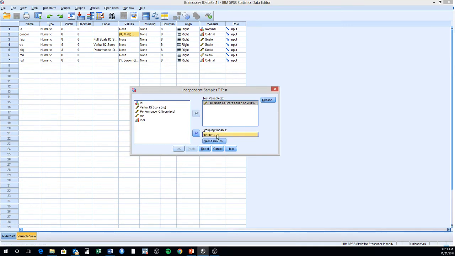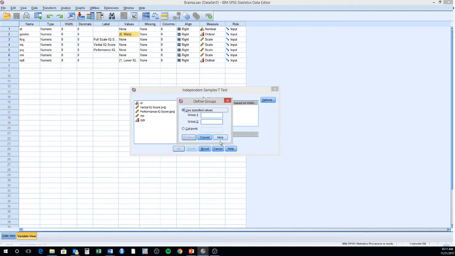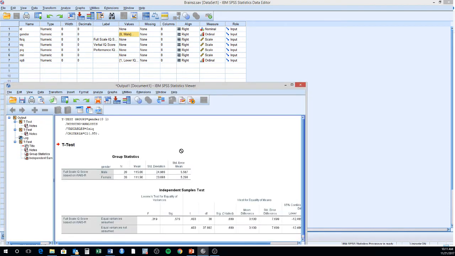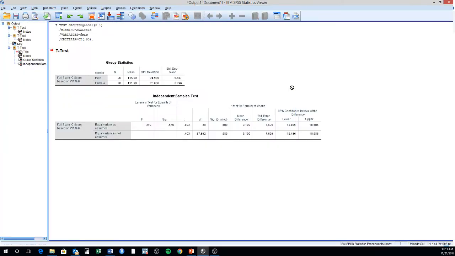SPSS requires that you tell it how the groups are coded. So you're going to click on Define Groups, and one group, as we remember, is 0, and the other group is 1, and you're going to click Continue, and then you're going to click OK,